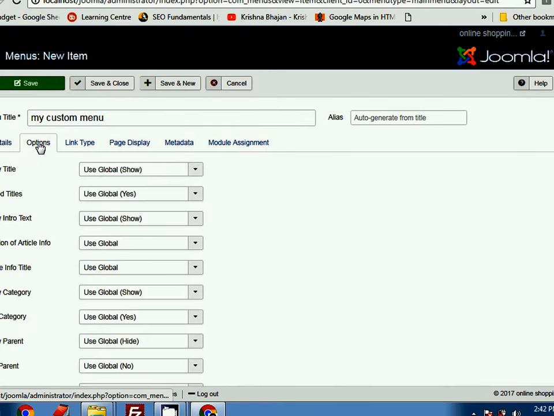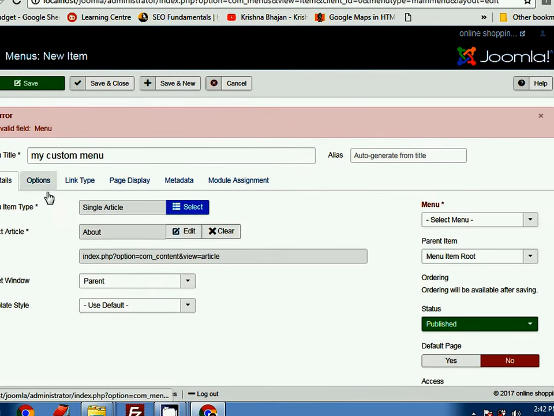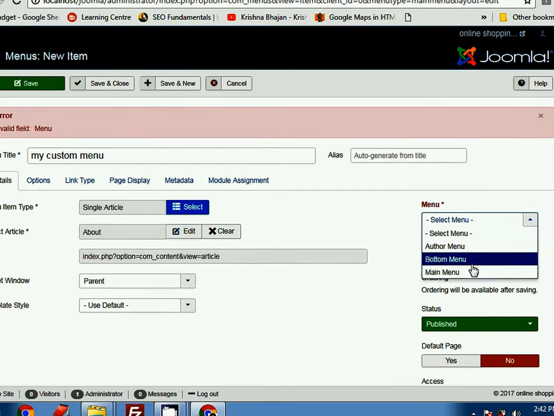Then there are other options. You want to show title, there are different options, but the main thing is, if you want to create any menu, these are the two steps. And select menu, like you want to show it on main, I mean on the top or bottom or author.